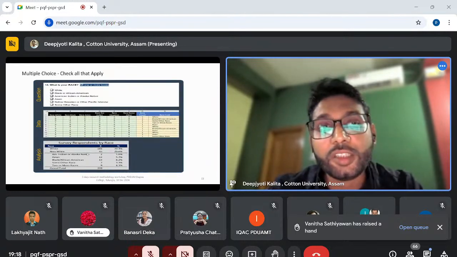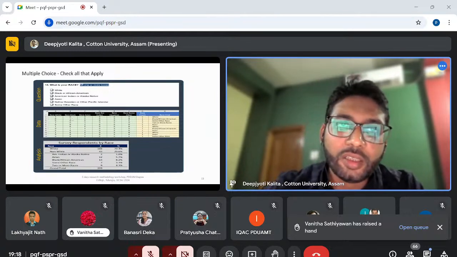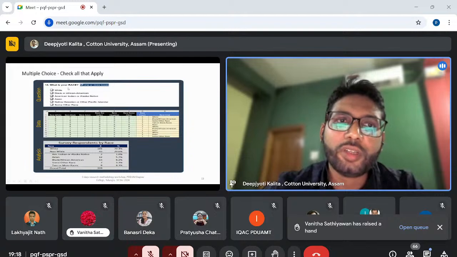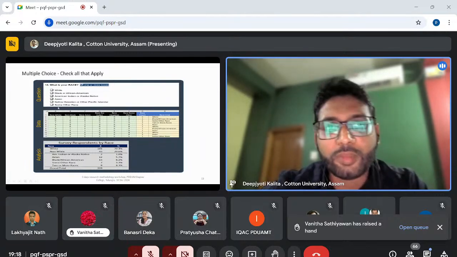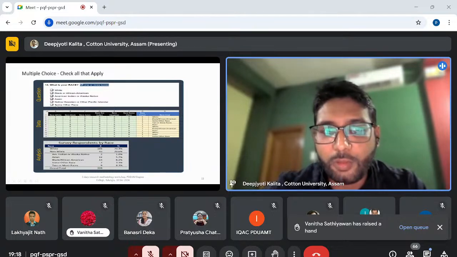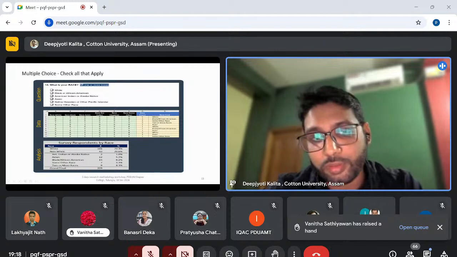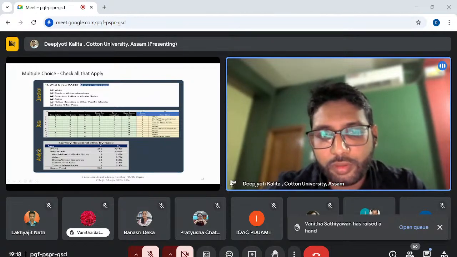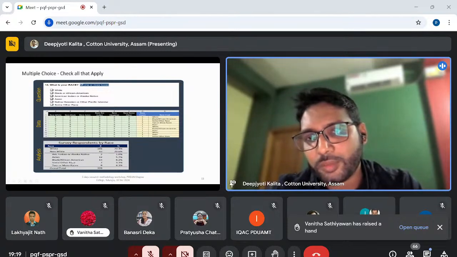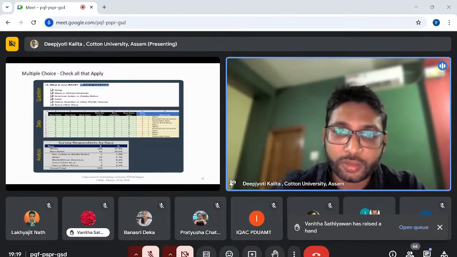Then multiple choice, check all that apply. This is where you give check boxes. What is your race? I can check these options, like I am Asian, I am native Hawaiian, or some other race. We can select both. And how do I analyze it? We can analyze it based on the categorical variables. That means already I have a race of white and then non-white. For non-white also, we have categorized them in these two mixed categories. This is what is done for check all that apply type of questions.